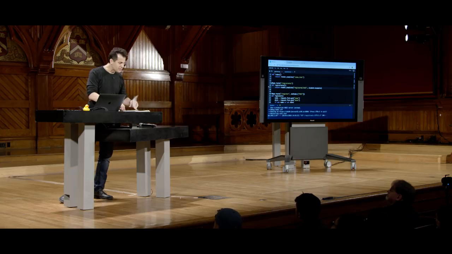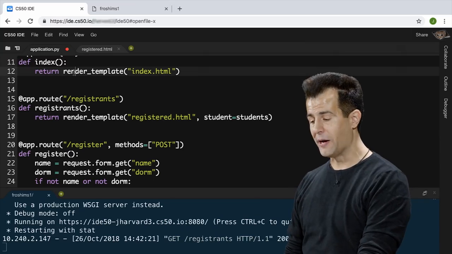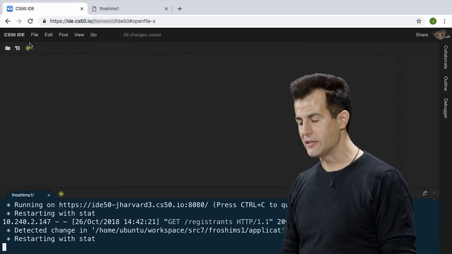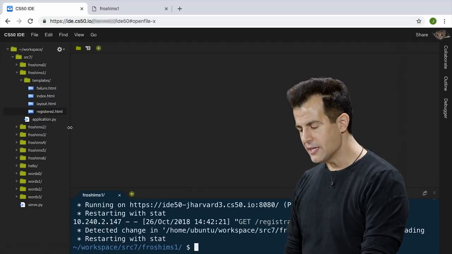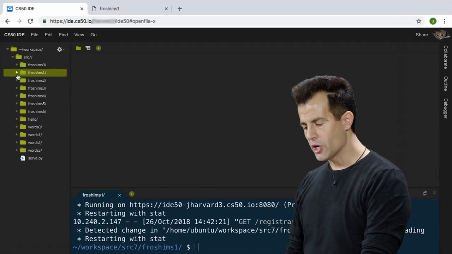I actually did something that was a little fancier. So at the time, I didn't really know, at least in 1997, anything about databases. I don't think I even knew about CSV files just yet, or at least how to create them dynamically. So I instead took this approach. Let me go into froshims2,